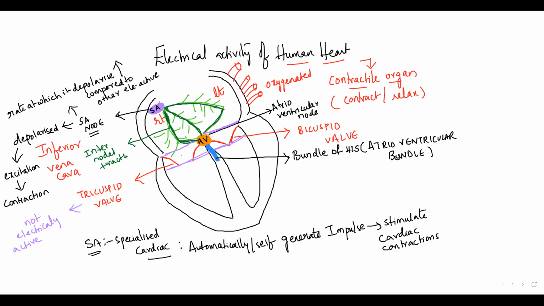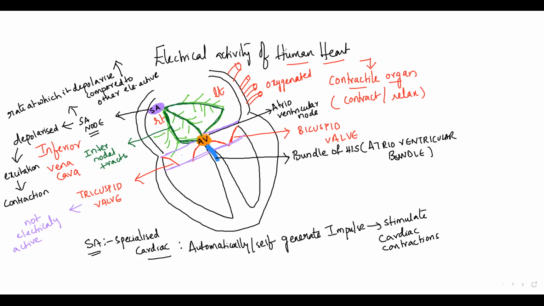So what has happened is the SA node created the impulse of depolarization, and it passed this depolarization wave into the atrial myocardial tissue and into the AV node. Meanwhile, the atria are going to contract because of the depolarization, children. They are getting contracted. And later, after 40 milliseconds, the depolarization is passing into the interventricular septum through